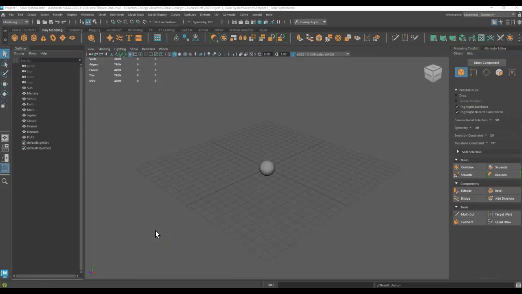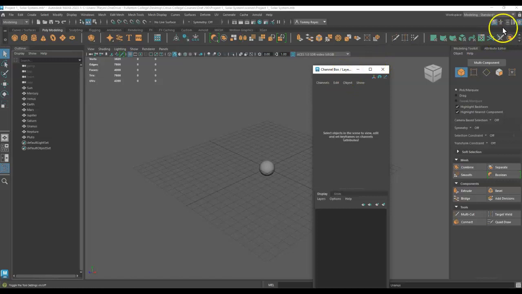Right, in this part, right now, all these spheres are stacked up within each other. So we're going to have to separate them. And we're also going to have to mess with their sizes because the sun is obviously much bigger than any of the planets. Earth is smaller than Jupiter and Saturn and some of the other planets. So we're going to mess with the sizes as well. In order to do that, we're going to have to open up our channel